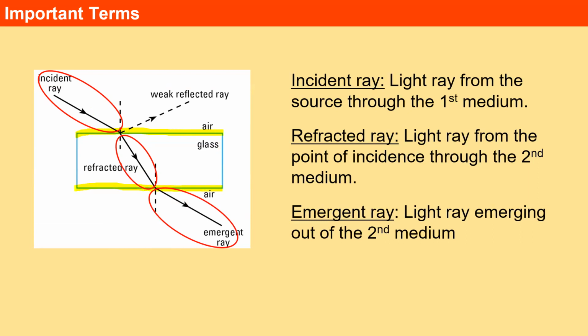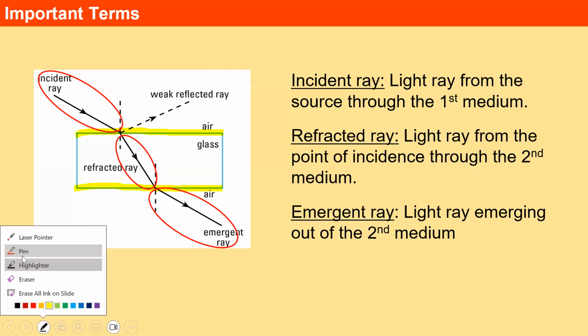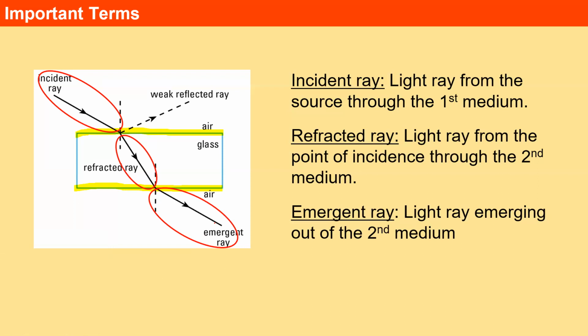Okay, if these two highlighted sides are parallel to each other, then the incident ray and the emergent ray will also be parallel to each other. But if they are not parallel to each other, for example, in this case, a triangle glass block,